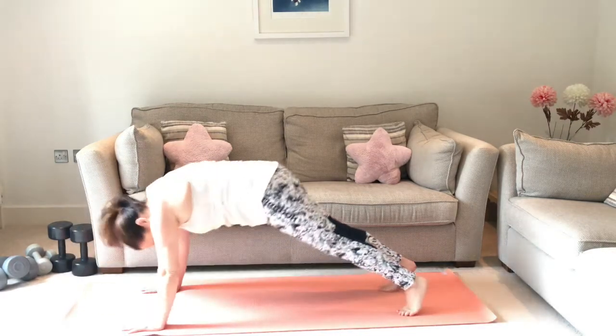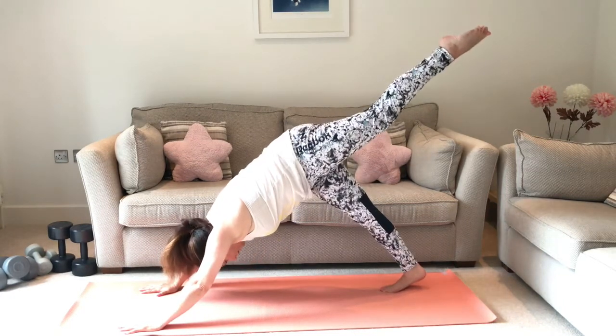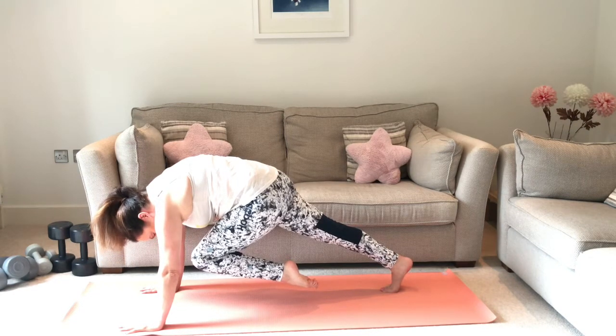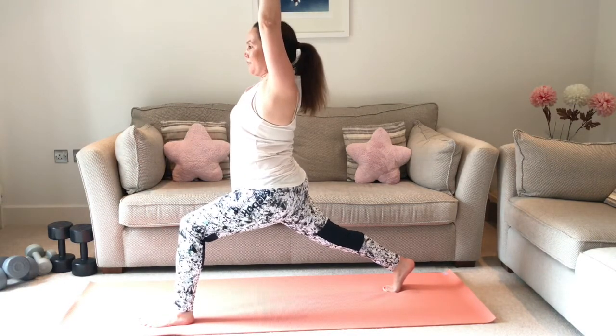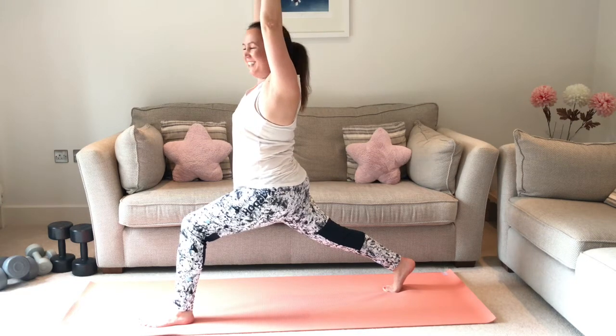and then downward dog, other leg comes up this time, so front leg up, bring it forwards, nose towards your knee, engage that core, step it forwards, come up into crescent, couple of breaths here, give me a big smile,